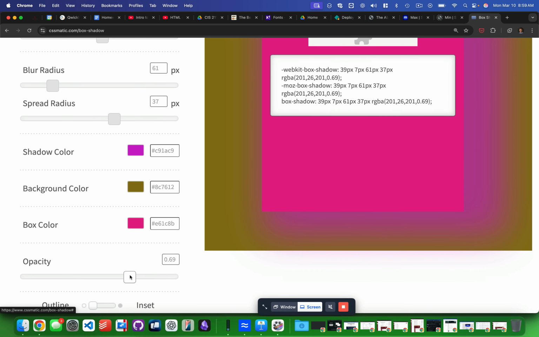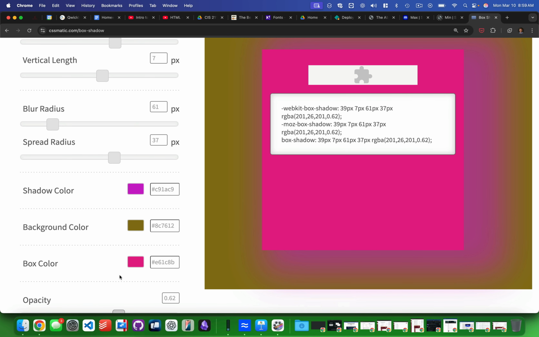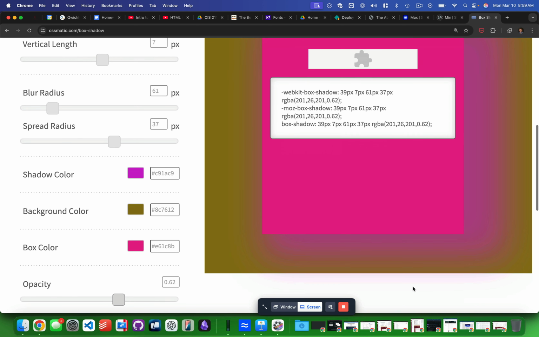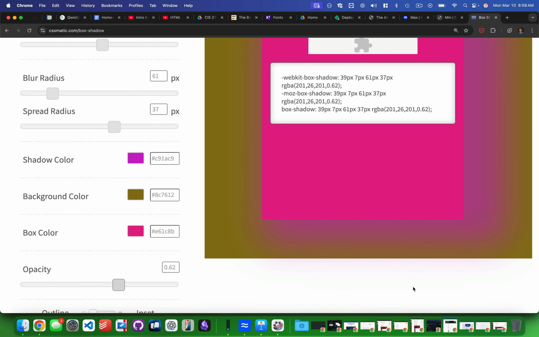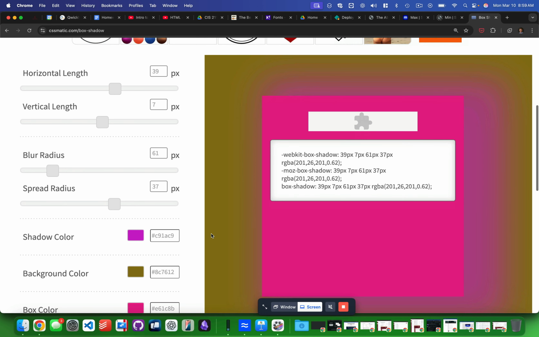If your opacity is less, this is the opacity of the shadow color, then the shadow itself will be a little see-through. And to me, that sort of makes sense. This looks a little gross, but it'll make the shadow less harsh, I think, because it'll end up blending in with the background. But the cool thing here is, if you like to just move this around until you get